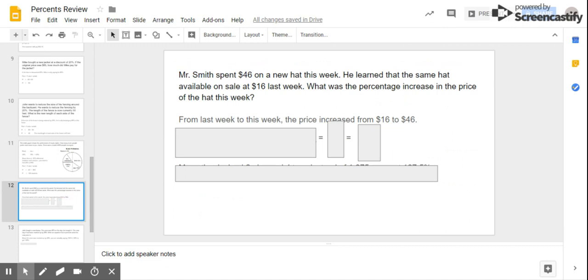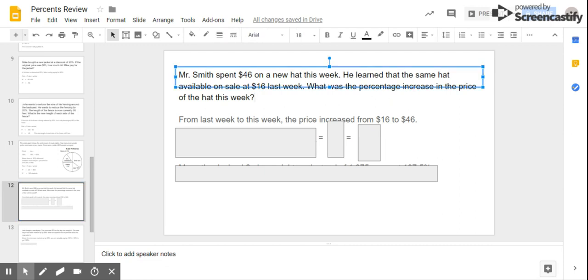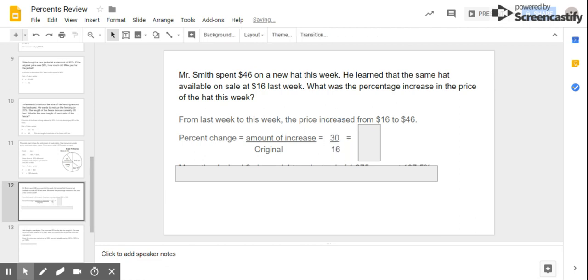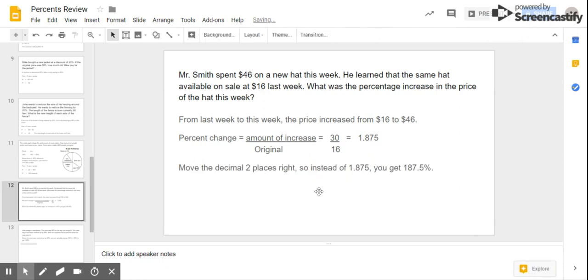Your next question, Mr. Smith spent $46 on a new hat. This week, he learned that the same hat was available on sale for $16 last week. Oops, what is the percentage increase this week? So if we remember our formula, percent of change is equal to the amount of increase over the original. So from $16 to $46, it increased $30 over your original. So 30 divided by 16 gets you 1.87. If you move the decimal 2